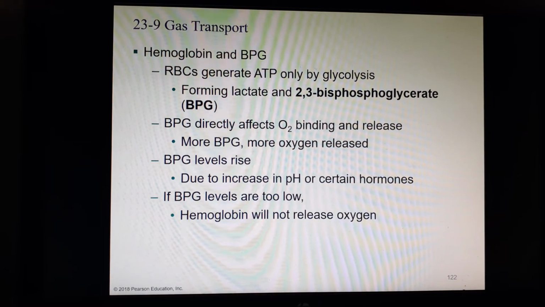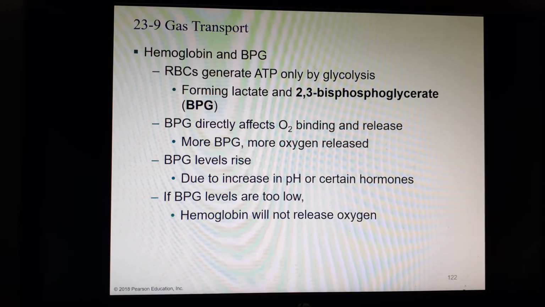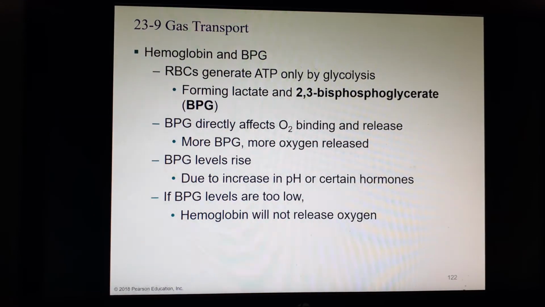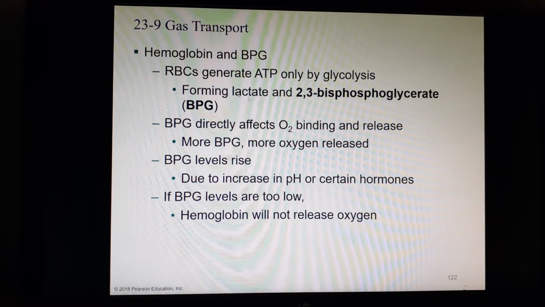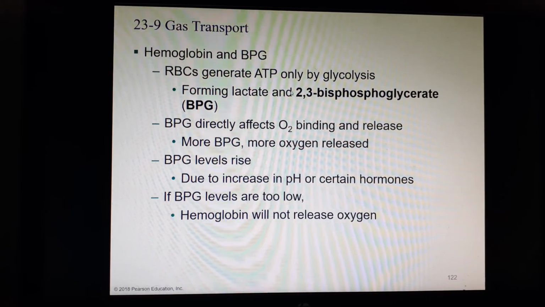Red blood cells, because they lack all sorts of organelles, they're basically just a bag of hemoglobin. They don't have mitochondria to generate ATP, so they can only make ATP by a process called glycolysis. Now, during glycolysis, we form something called lactate or lactic acid and another thing called